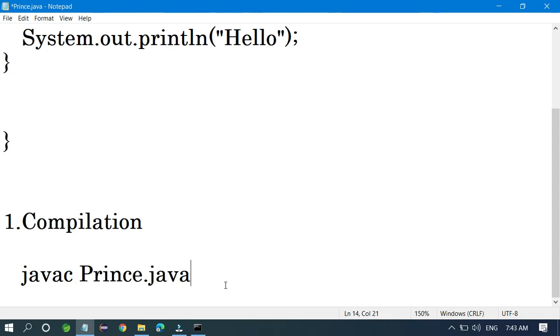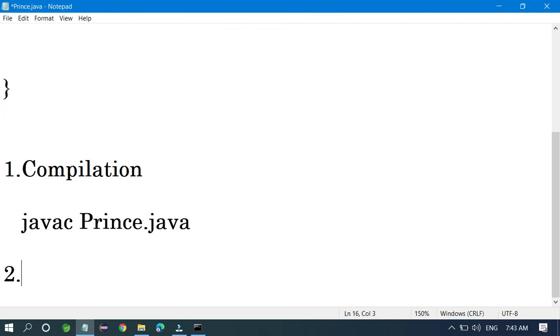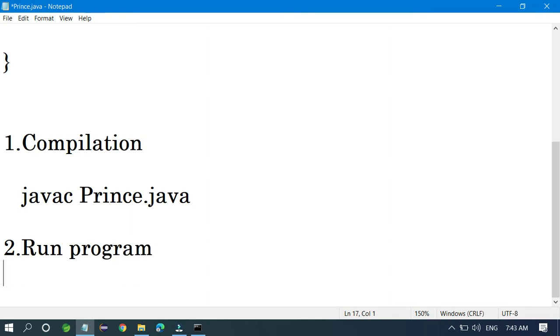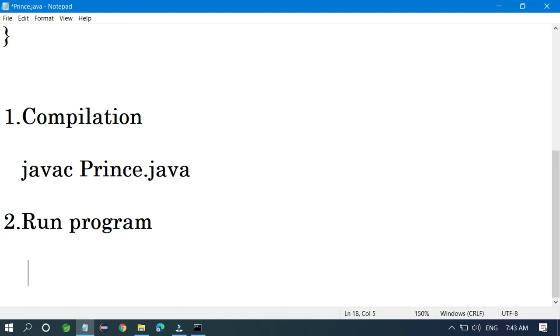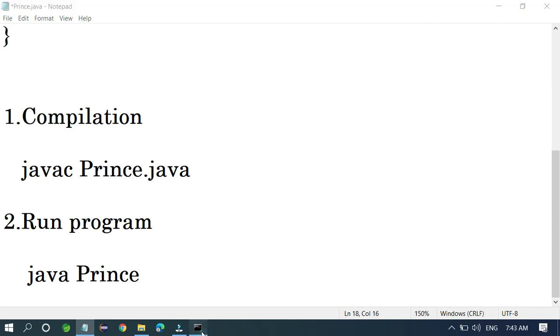Once it compiles, then you have to run it. How can you run the program? You have one more command called java. java is the command to run your application. So java and just your class name, which is Prince. Through this you can compile and run your program.